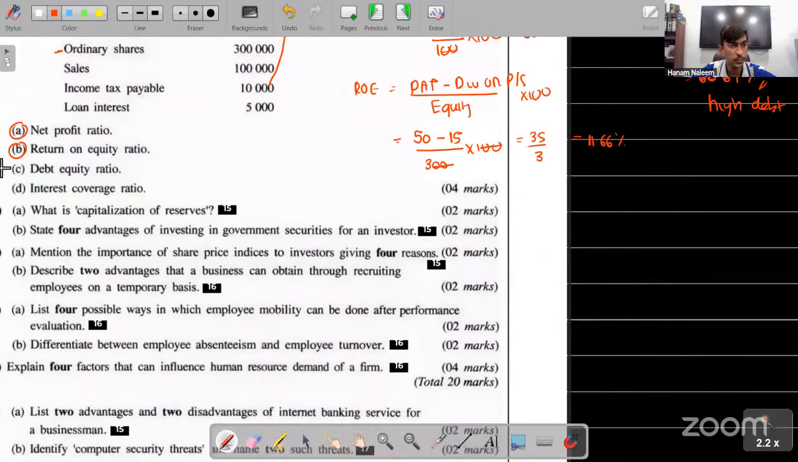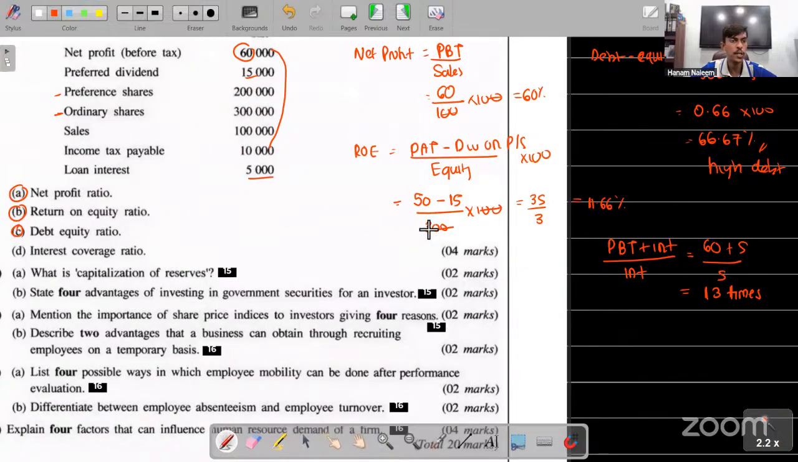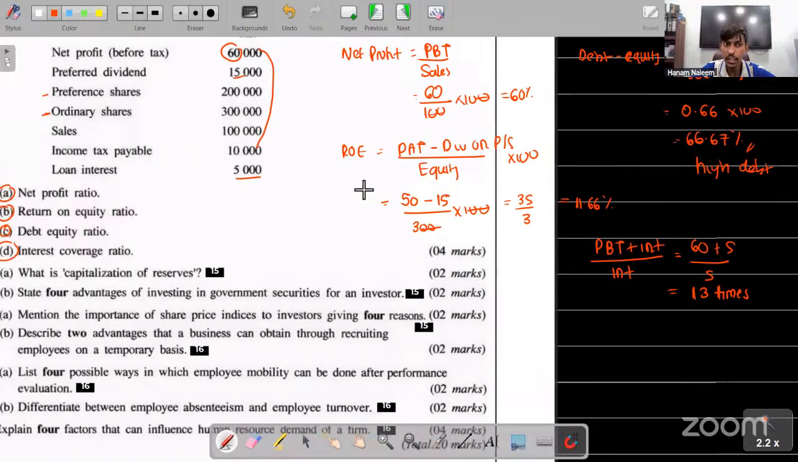High interest coverage ratio. Interest coverage ratio, the formula is profit before tax plus interest divided by the interest. So profit before tax given in the question is 60,000 and interest expense is 5,000, divided by 5. So it should be 13 times. This is not a percentage, make it 13 times, scalar. So these must be your answers. So that's what I said. If you're good at accounting, if you can do accounting ratios very well, that means you can try these questions